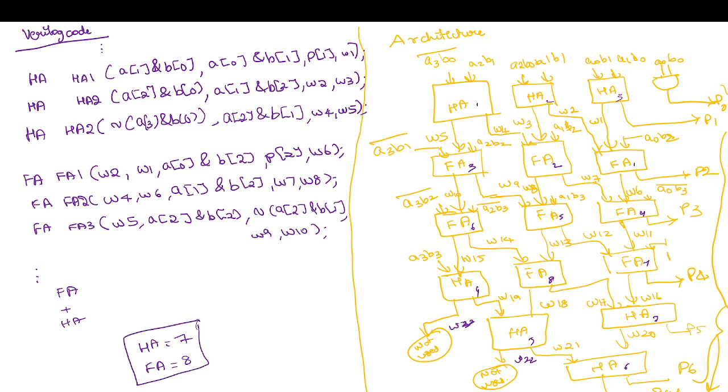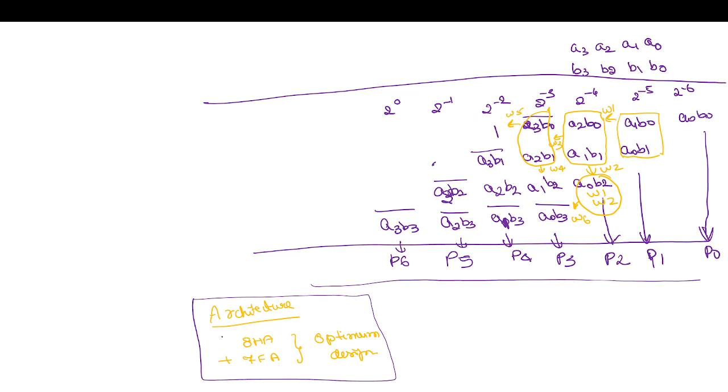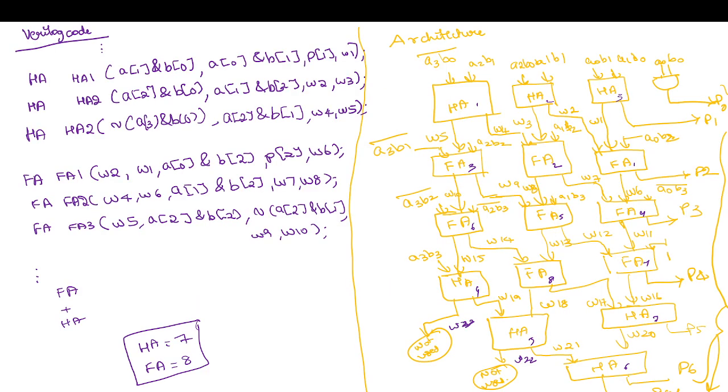But initially you said 8 half adders and 7 full adders. For this particular design, I am getting this. I don't know whether any other optimal design is possible, but for me in this design we are getting this. The correct answer for that question is